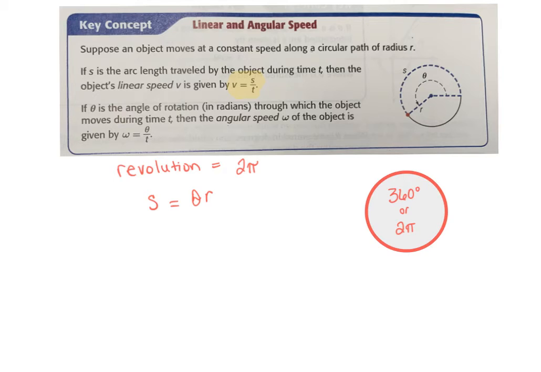So one revolution then would be one circle, 2 pi. 2 revolutions would be 4 pi. 10 revolutions would be 20 pi. You're multiplying every revolution by 2 pi to figure out what that theta is, or how many circles you have gone when you have rotated your tire. So one revolution is 2 pi. The length of your arc that is created is going to be whatever your measurement is for your theta times your radius. And then your linear speed